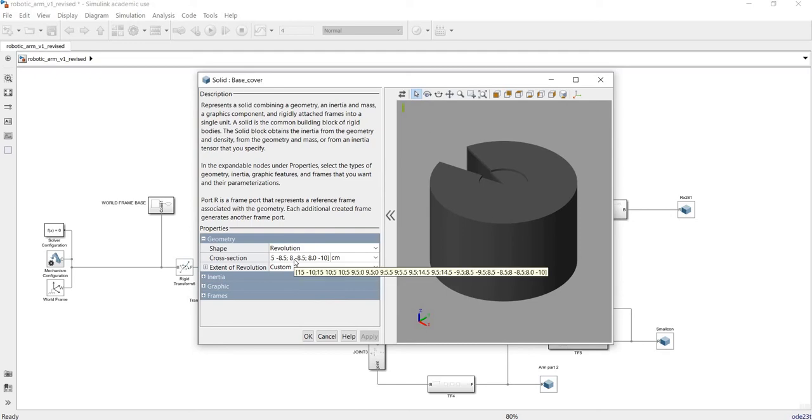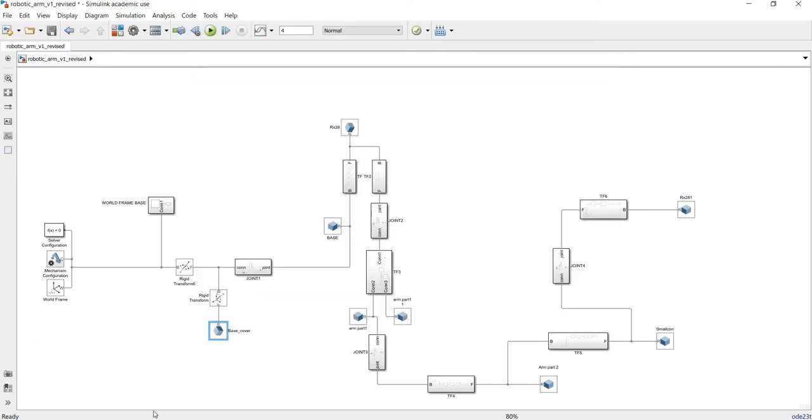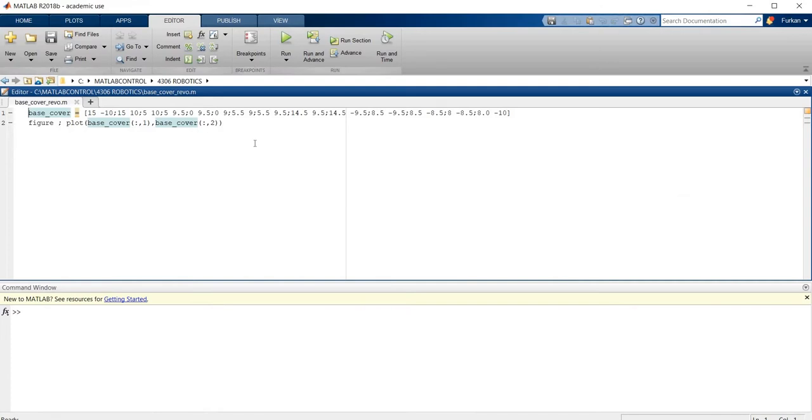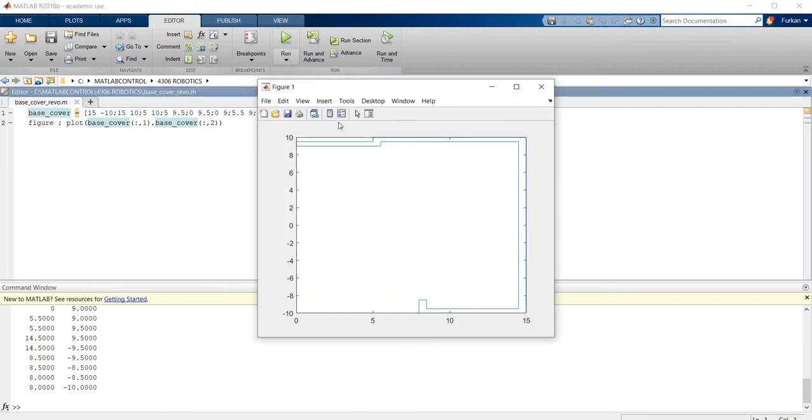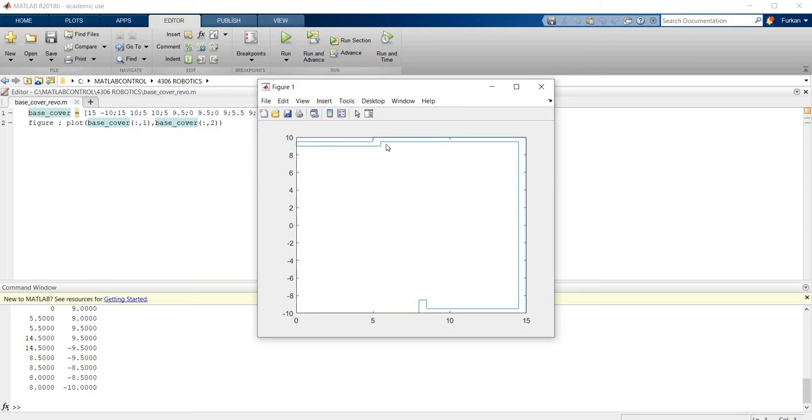In order to create a solid like this, there are some easy steps to follow. You can simply create your own array in MATLAB and print it on a figure with a code of 2 lines. It could become more, but the basic idea behind it is still easy to apply. If you run the code, you will see the cross-sectional area of the solid. Now, with a little bit of help from our imagination, revolute this area around the y-axis and you formed an object,